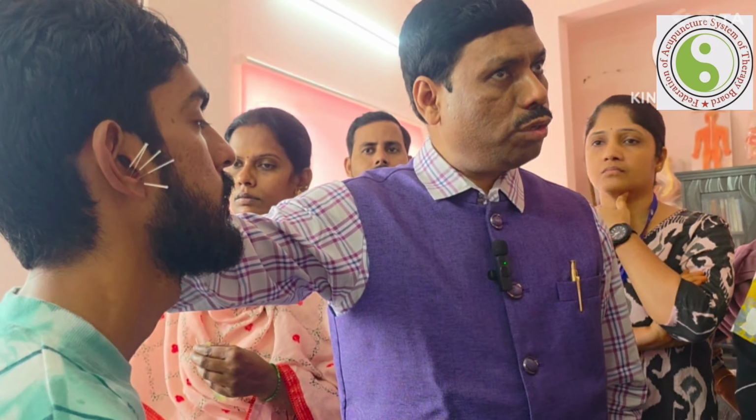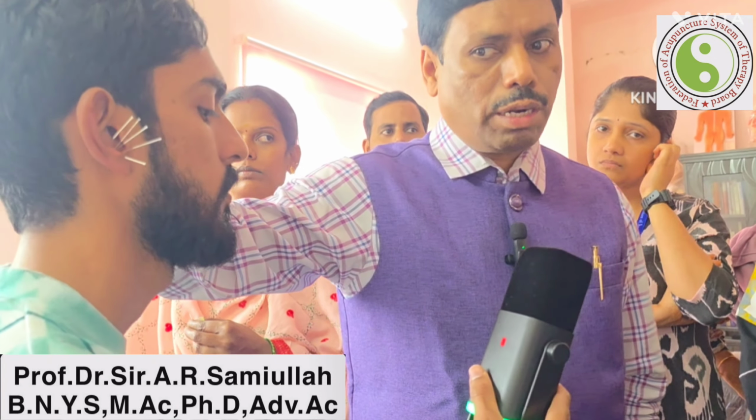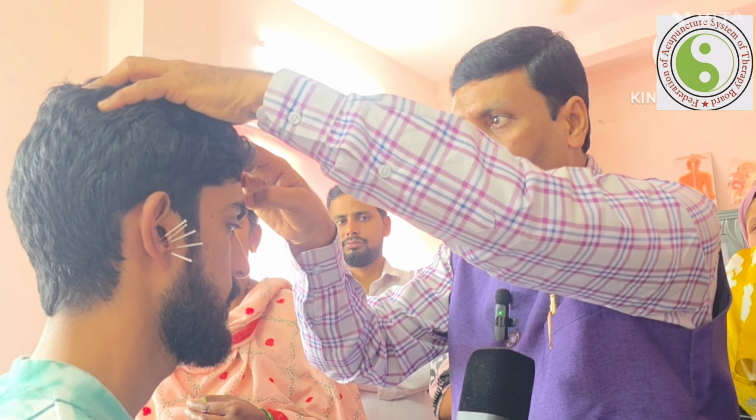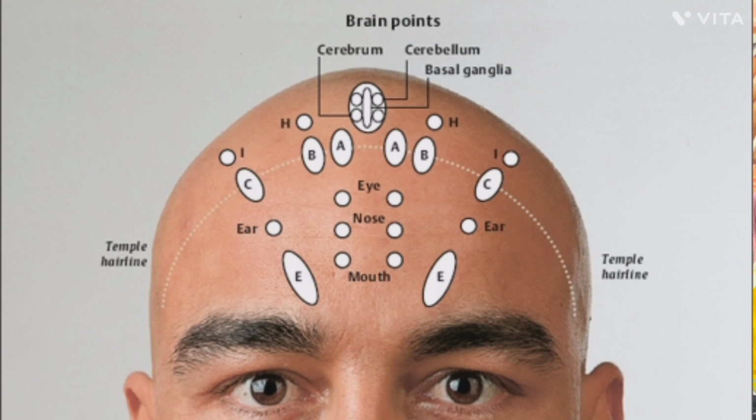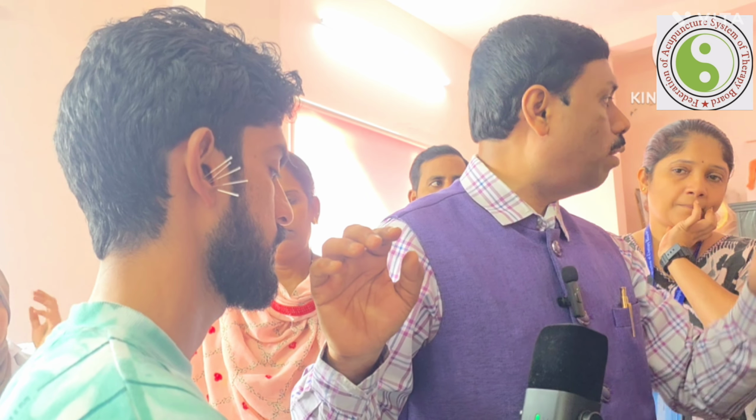Further, last week I told you that the cerebrum and cerebellum can be treated. So you just use the points on the frontal lobe. You can apply one point for the cerebrum, then the cerebellum on the other side, and also the basal ganglia. Remember, in the Yamamoto New Scalp Acupuncture, 3 points are located. These 3 points together you add as the brain points, along with the scalp acupuncture points, the ear points, and then the body acupuncture points called the pericardium meridian, also known as the brain points.